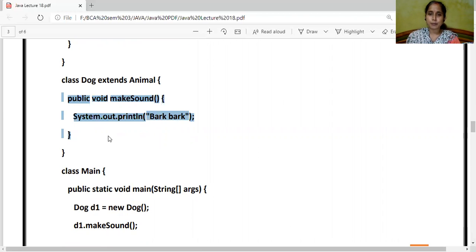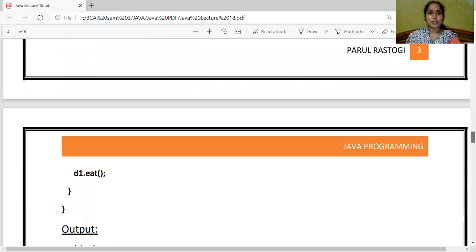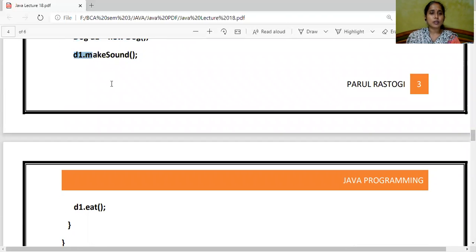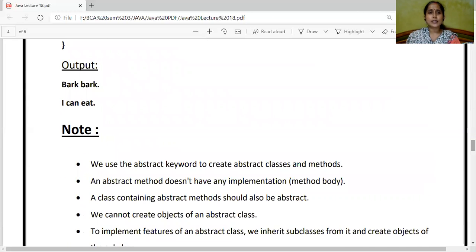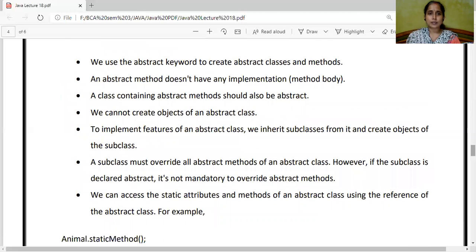तो अब ये implementation हो गया उस abstract method का, जिसमें कि I have given an animal voice as bark bark, because class का नाम is dog. मेन मेथड में, मेन फंक्शन में जब डॉग का ऑब्जेक्ट D1 बनाएंगे, new Dog से इंस्टेंशिएट करेंगे, तो D1 dot make sound function and D1 dot eat method we are calling. So as an output, what am I going to get? Bark bark and I can eat. So एक abstract method था और एक non abstract method था.